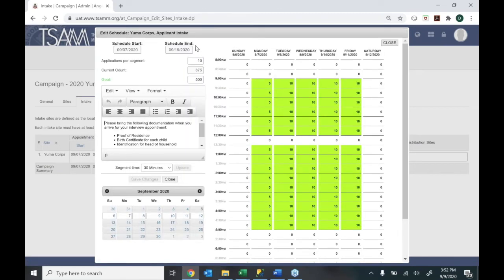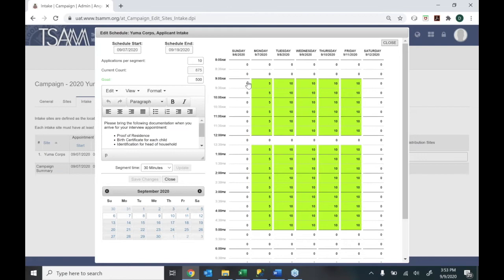Alrighty, so I come here and this is where I can configure this schedule. This looks a little intimidating, but it's super simple once you get the hang of it. So what we're doing here is we're saying these are the open appointment slots. These are the times and dates that we will be taking AngelTree or Christmas appointments. And I want to go ahead and set a schedule so that we can then add people to these appointment